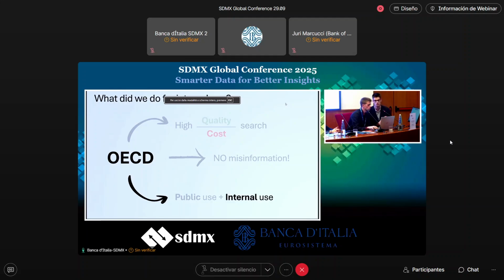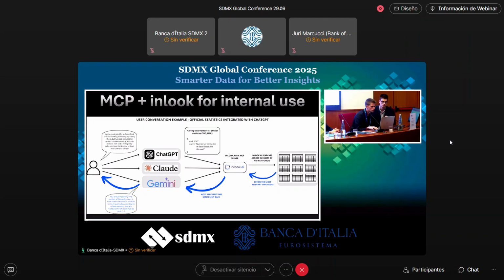So we talked about public use, but what about internal use? We thought that the best way was simply to use our Inlook search engine and couple it with the MCP protocol. This is very simply how it works. A user types a question on Claude, Gemini, or ChatGPT, which have access to our tool. This question is redirected to the Inlook search engine, which performs exactly the search that we showed before. It retrieves the specific time series, and it gives this time series back to Claude, for example, which re-elaborates